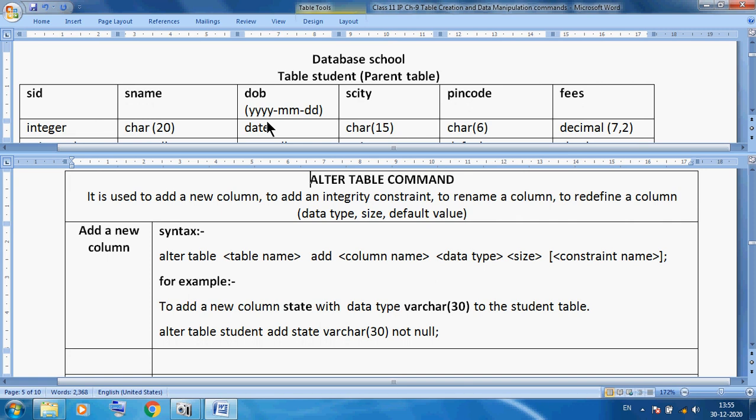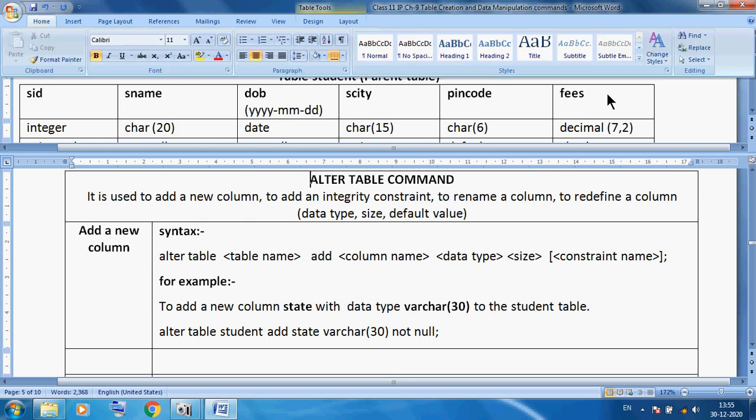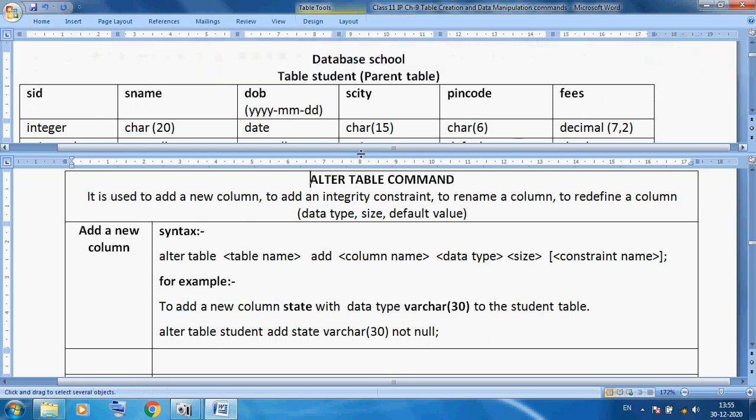Today I am continuing our chapter 9 and I want to discuss our alter table command. This is a very simple command, and it is a DDL command, meaning data definition language command.